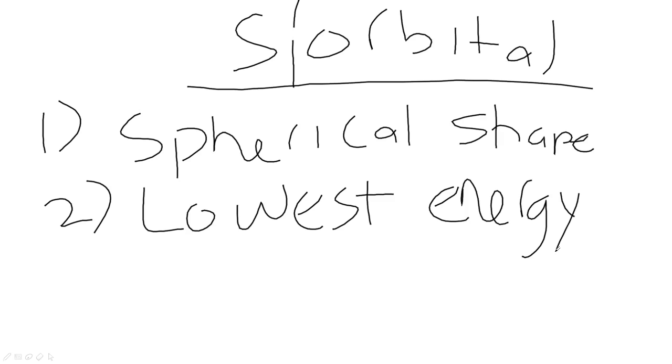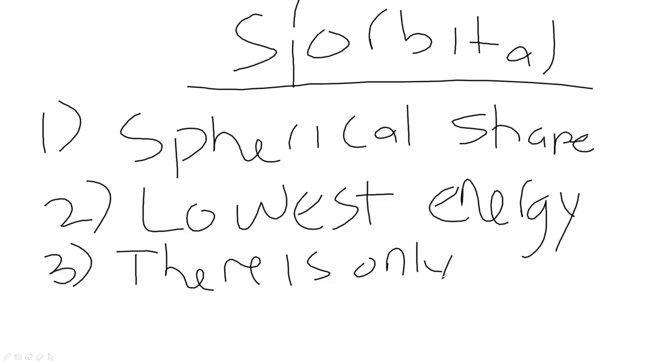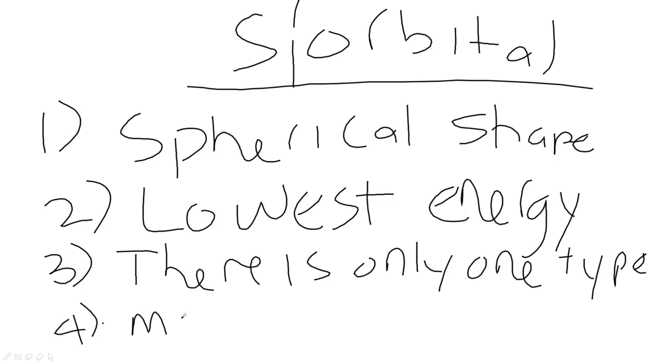I'm going to be giving you 3 characteristics now. Let me just make it 4. The third one: there is only one type of s orbital. I've said it before. That is the s type orbital, if I put it that way. That's the only type of s orbital. Only one type. And the fourth one: it can carry a maximum of how many electrons? It can carry a maximum electron count equal to